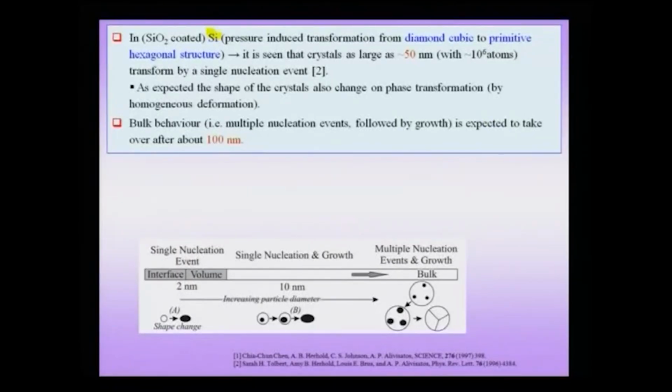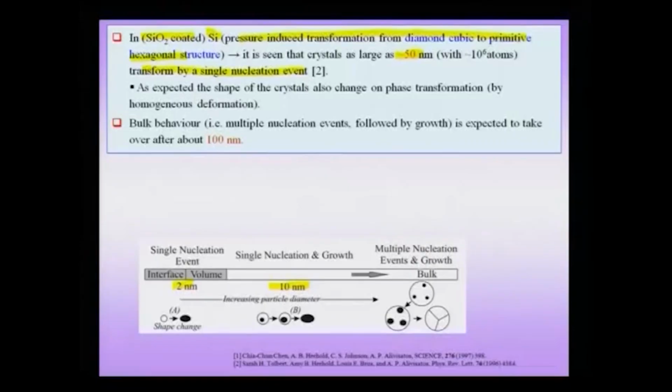In silicon, and now we are talking about SiO2 coated silicon, pressure induced transformation from diamond cubic to primitive hexagonal structure, it is seen that crystals as large as 50 nanometers transform by a single nucleation event. So, here we noted, for instance, that it is of the order of 10 nanometers that a single nucleation event is responsible, but in other systems this size can be as large as 50 nanometers,